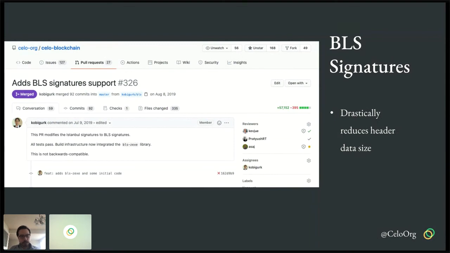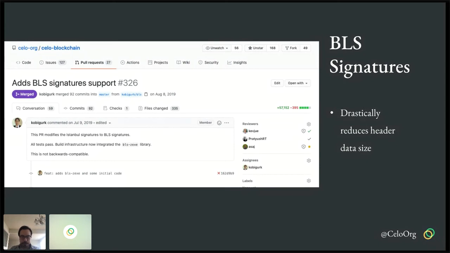So in the original IBFT implementation, all the headers actually had an array of signatures for all the validator signatures. Just a quick reminder, when a validator has committed to a block, they will then add their signature onto the block header.